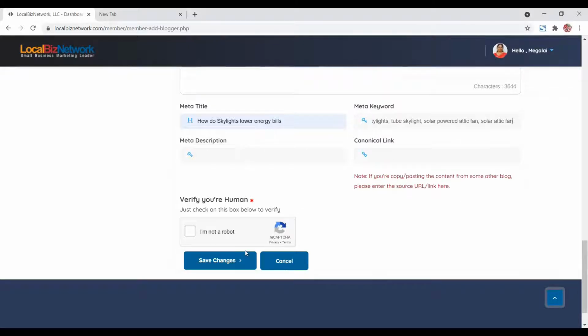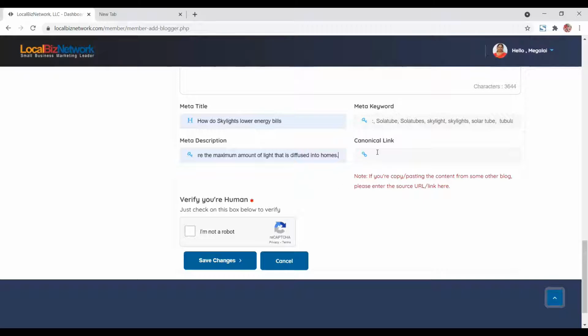The meta description is a place where when it comes up on Google, people actually look at it and they will know what kind of content is there in this blog. So I've also written it down. This gives a little blurb about what this blog is about. It's a small blurb, it's important again, so make sure you get a good meta description written.